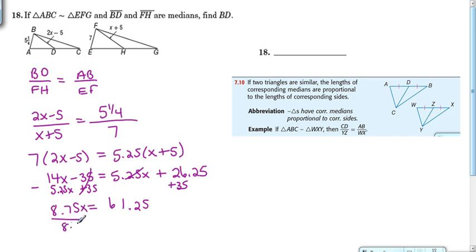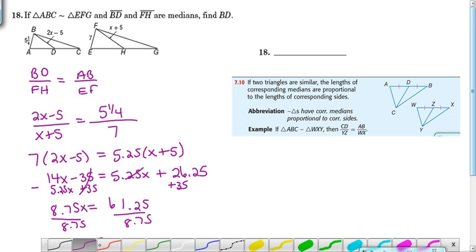Divide each side by 8.75. And x equals, so now I know x is 7,